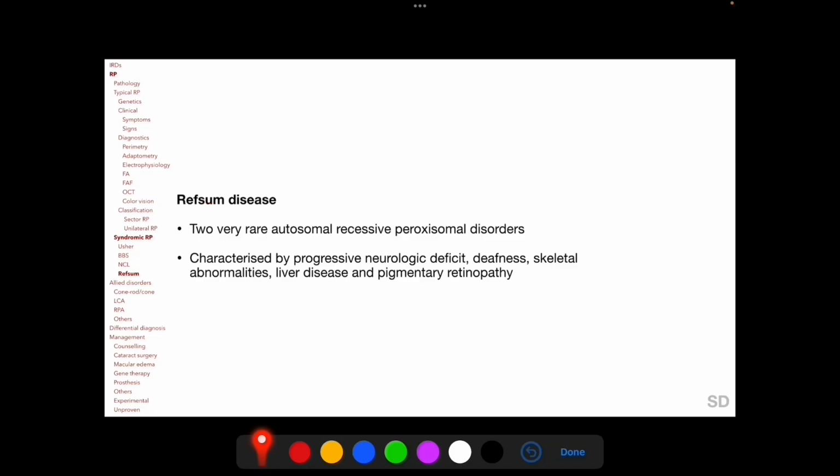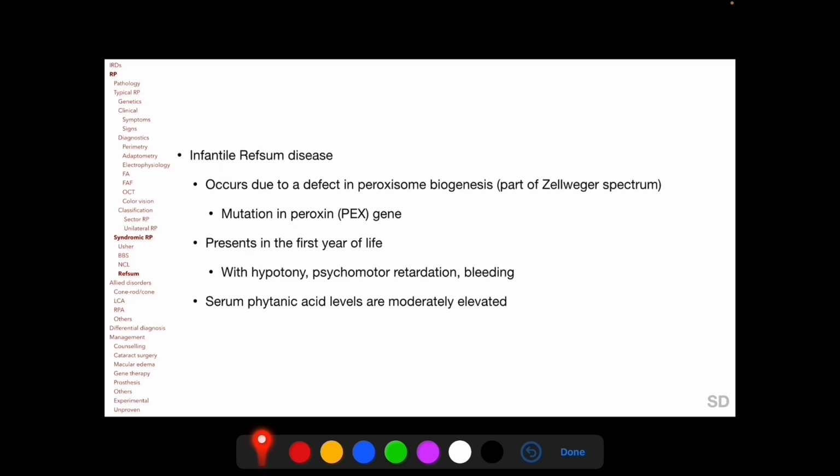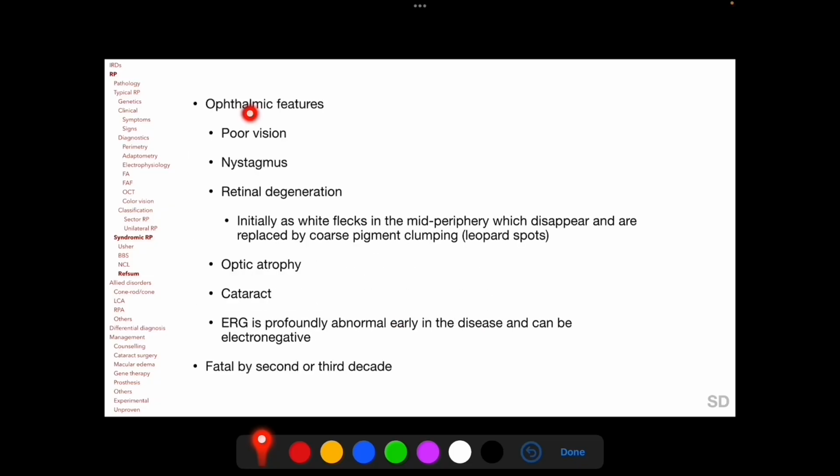Refsum's disease has two very rare autosomal recessive forms with a prevalence of 1 in 10 million individuals. Infantile Refsum disease is part of Zellweger syndrome and occurs due to a defect in peroxisome biogenesis. It presents in first year of life and serum phytanic acid levels are only moderately elevated in infantile Refsum disease. Ophthalmic features of infantile Refsum disease include poor vision and nystagmus, and retinal examination shows white flecks early in the